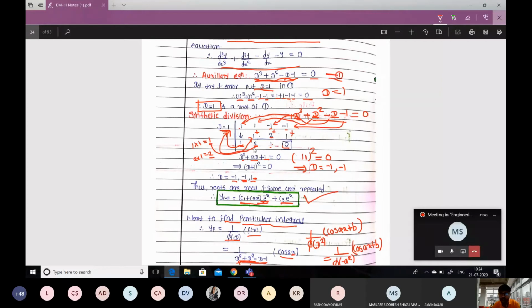And you are getting a new factor. What is that factor? You have to start with the d square term, not the d cube term. Why? Because you already found one root, that is d equal to 1. So you cannot start with d cube. It is a factor now, so you have to reduce the degree. So you have to start with the d square term. I'm writing this 1 as the coefficient of d square, higher degree to lower degree, and this 2 as the coefficient of d, and this constant term as it is here. So we get the new factor, d square plus 2d plus 1 equal to 0.